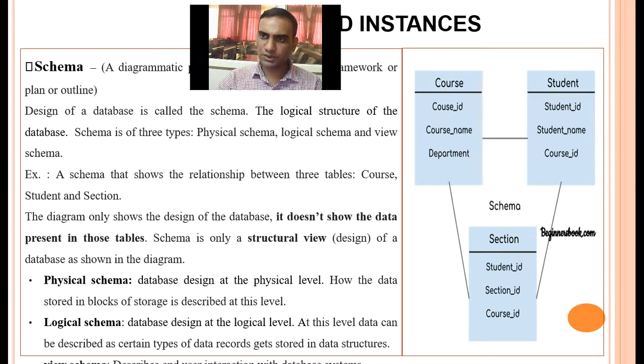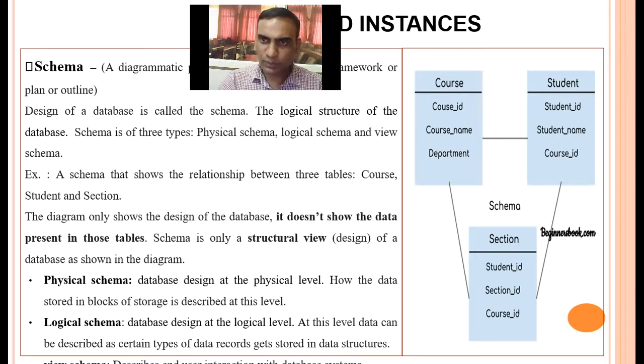Student has the student ID, student name and the course ID. In those particular columns we fill the data in terms of rows. In a section, there are the student ID, section ID and the course ID.